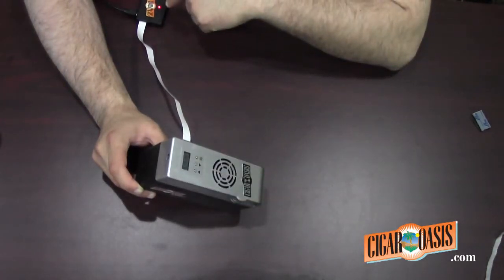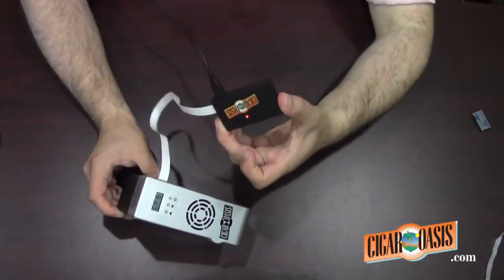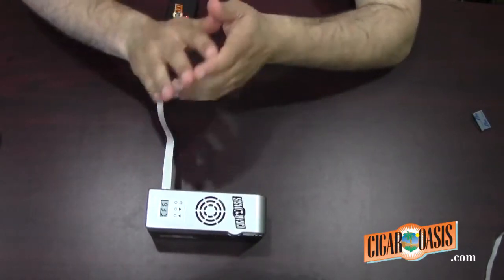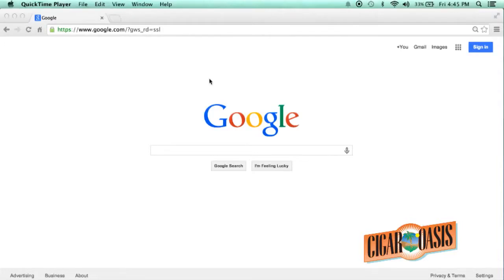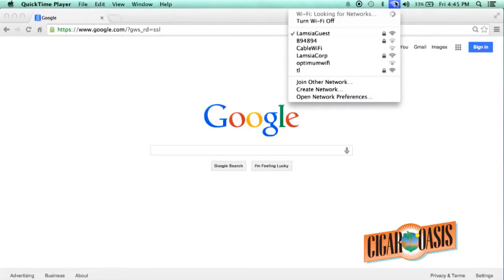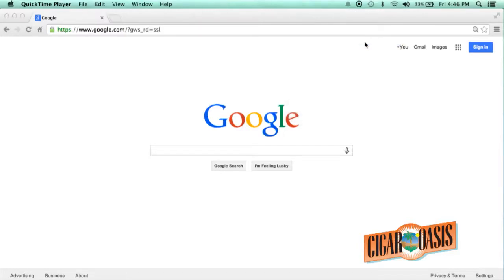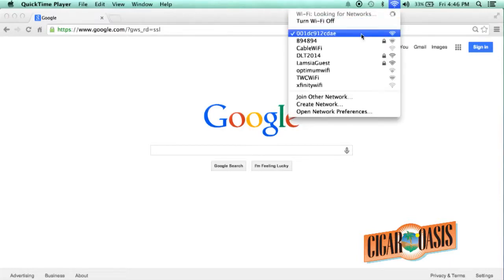And you'll see the light on the module will become green. So we just sent a message, and it is sending out a signal. We can now go over to the computer and refresh the available Wi-Fi networks, and you'll see the corresponding MAC ID show up here. You'll select that. And once you see that you're successfully connected